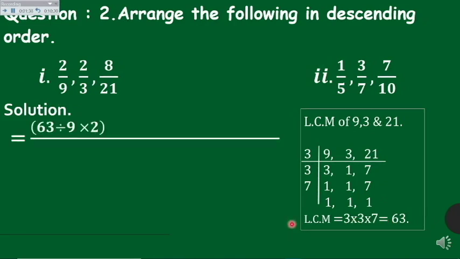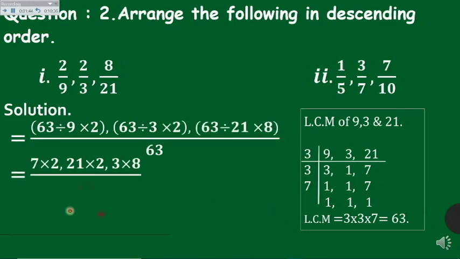Now further I explained to you last time how we convert fractions into like fractions. So here are the following steps. First we will write the LCM at the denominator. So here LCM is 63, then it becomes the denominator. So we are writing 63 at the denominator. Then first step, you need to divide the LCM by the denominator of the first fraction. 63 divided by 9. Then whatever result you get, multiply with the numerator, multiply by 2.